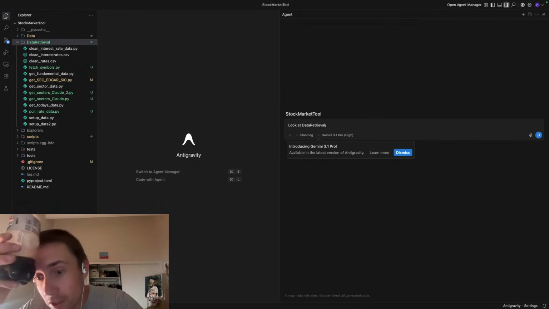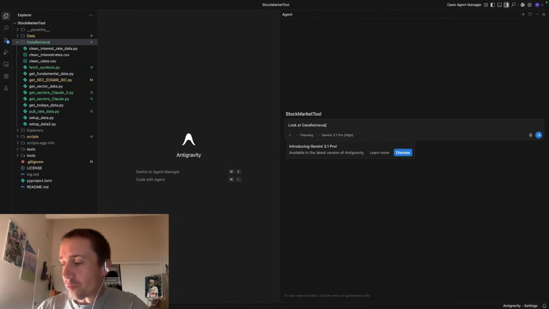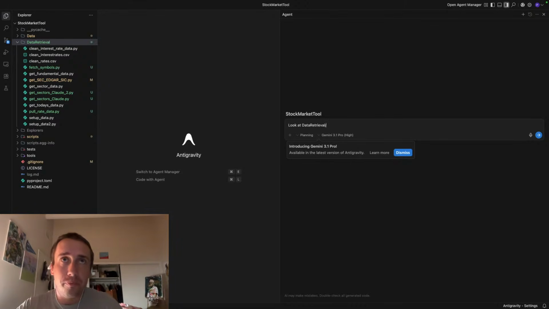Simply make a copy for it so that you can try it. Well, I'm willing to let it change just the script. Look at data retrieval slash get sectors. So it's called Claude because I was using Claude to write this yesterday. Get sectors Claude 2.py. I'm unable to get sector data for